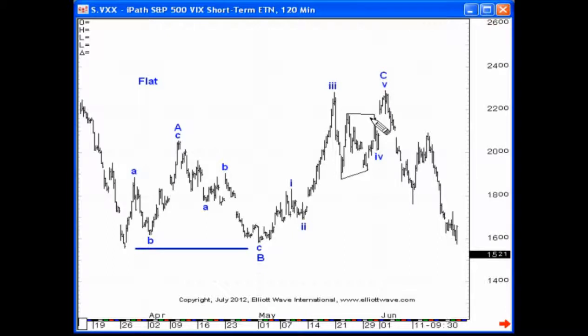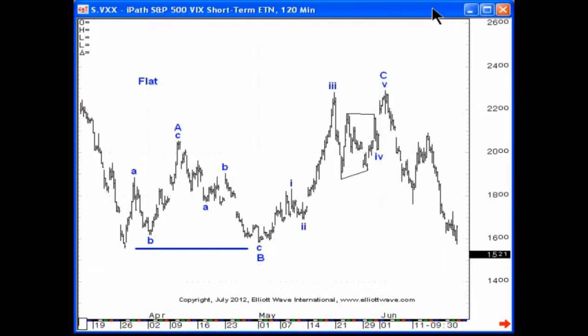What's very important to understand is that this is an Elliott wave corrective pattern. As a corrective pattern, it is a counter-trend pattern, meaning that the larger trend is, in this instance, down. So the reason I like to focus on these, and why I try to learn as much as I can about Elliott wave corrections, is that as a counter-trend move, as a correction, they represent opportunities to actually rejoin the